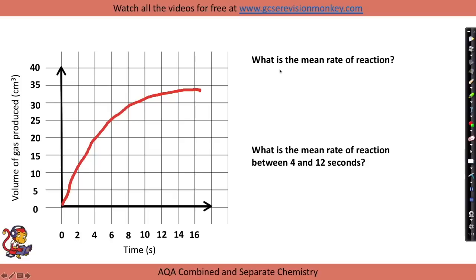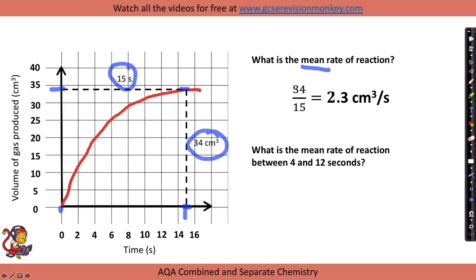So here are some common questions that you're asked. One here says, what is the mean rate of reaction? So to calculate this from the graph, you would find out the point where the reaction stopped, draw a line from the x-axis up to that point, and then a line across to the y-axis. And you would read off from the bottom the time that it took, so 15 seconds, because from 0 to here is 15 seconds, and the volume of gas produced in that time, from the 0 up to here, so 34 approximately. And then we would calculate that by doing 34 divided by 15,